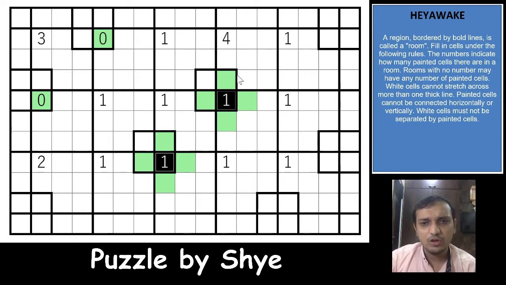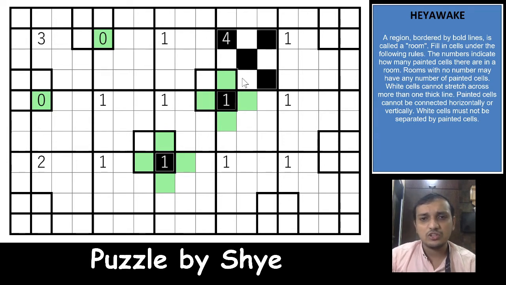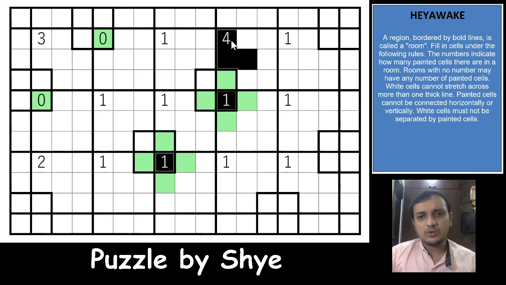The next logic would be the 4, because there are only two ways the 4 can be fulfilled. How do we know that there are only two ways, right? One of these two cells will be shaded, one of these two, and these two. So whatever cell you shade in one of the possibilities, all the other cells will be shaded automatically. I mean to say, you will get the pattern automatically if you shade one possibility of the two, and the other is this one, right? So there are only two ways this 4 region can be shaded. Either all the white cells will be shaded or all the black cells will be shaded.